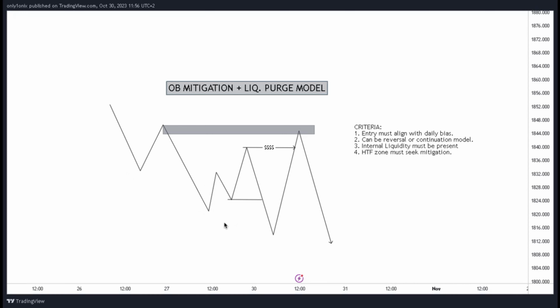We break structure. And if the market gets to a point where it starts to break its intermediary highs, meaning that if it starts to break its higher lows, we essentially try to look and understand where price is going, right? If the price aligns with the daily bias,